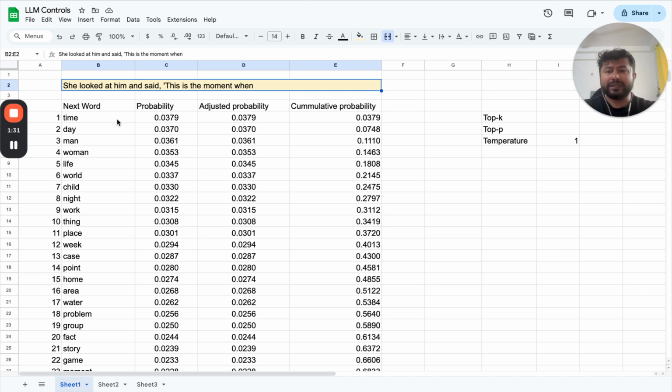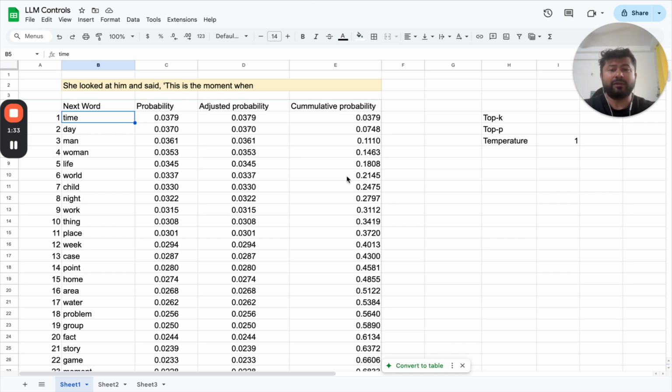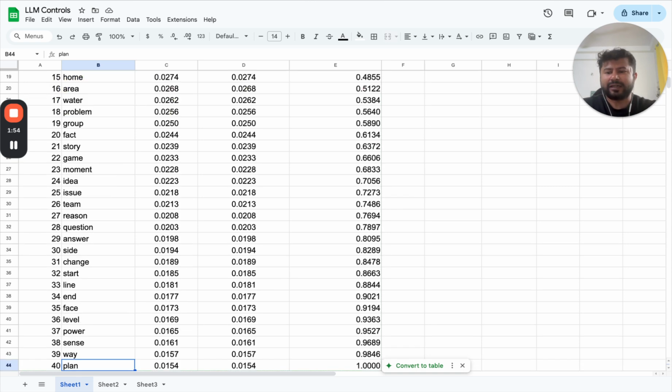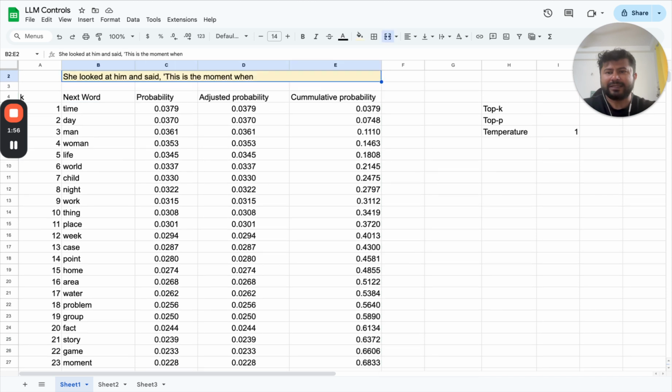Now what it's going to do is predict, based on the calculations and whatever learning it has, what the different words could be and what the probability of each of those words is. This is again a sample set. Maybe it comes back with these 40 words that make sense after this word, and these are the probabilities of each of these words, written in descending order of probability.